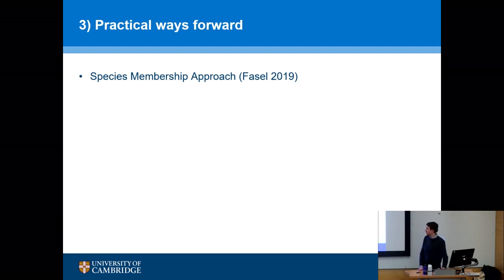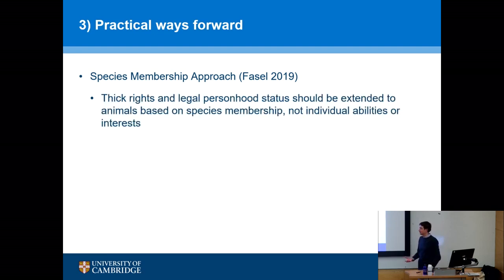In some of my own work, I made an alternative suggestion, again trying to find a sort of middle ground between the two extremes that we outlined before, the aristocratic conception and the meritocratic conception. My proposal in some of my research was, well, we could just try to extend some of the thick rights, some of the personhood, dignity too, if you like, not on the basis of an animal's individual capacities, but on their species membership, right?